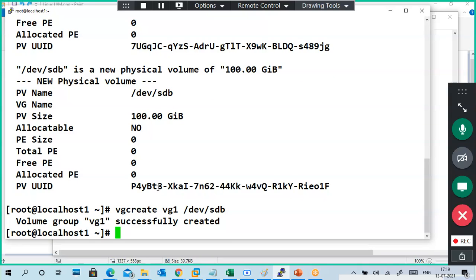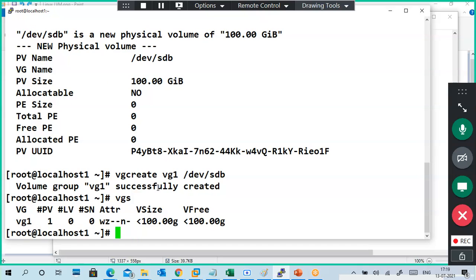Volume group is created successfully. vgcreate creates a volume group. Then vgs. My volume group size is 100 GB and I have 1 PV in it, because I mentioned only one physical volume, and this is my volume group name.